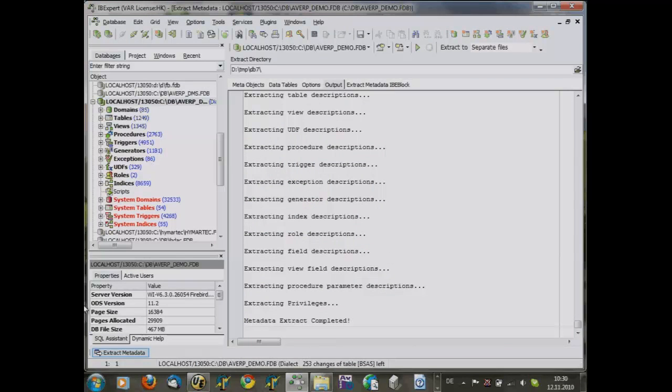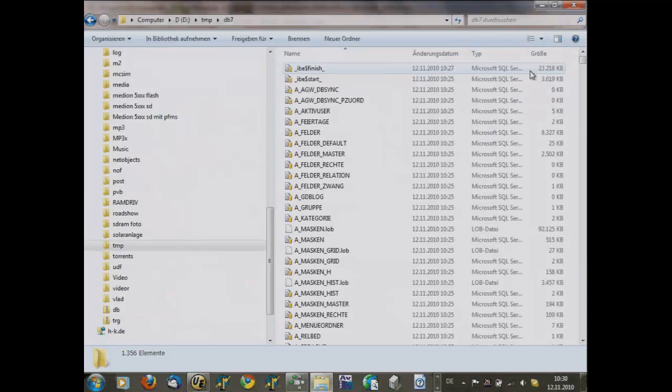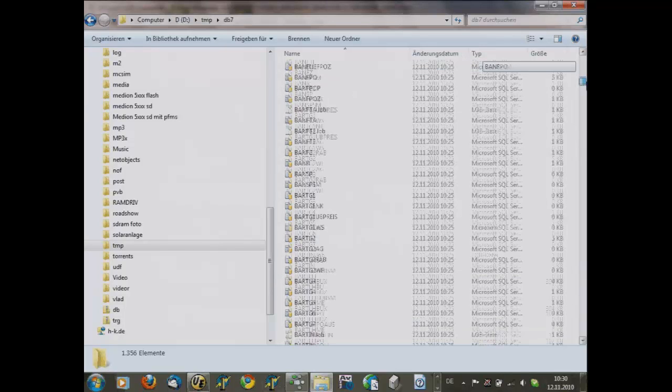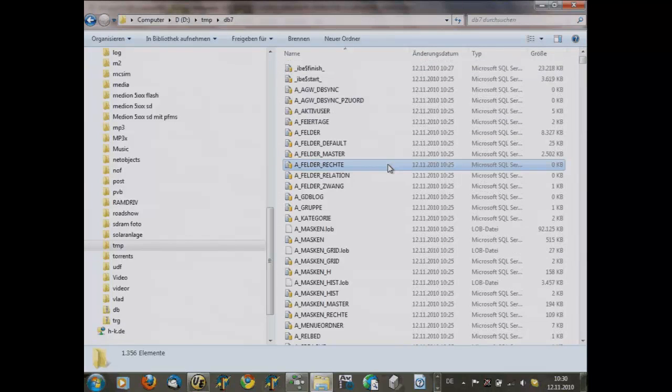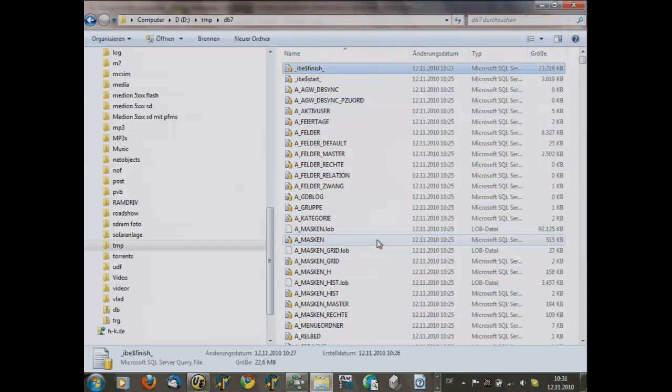Okay, well, I will have a look. The metadata extract is completed. And what we see here is now a very complex list of SQL statements. You see, for example, in this directory we have 1,356 individual files.